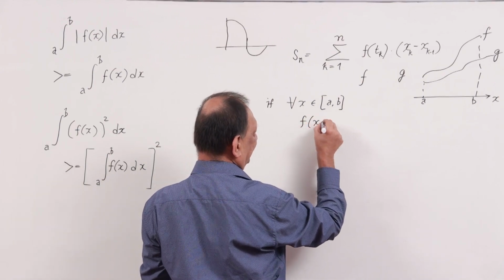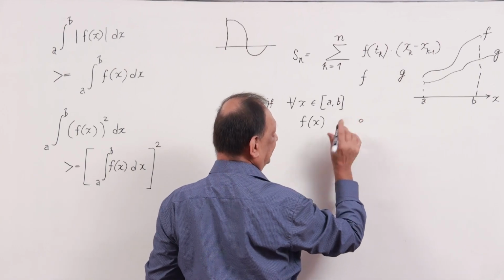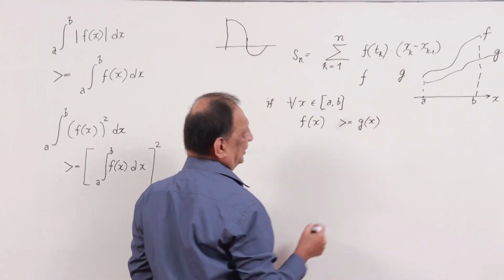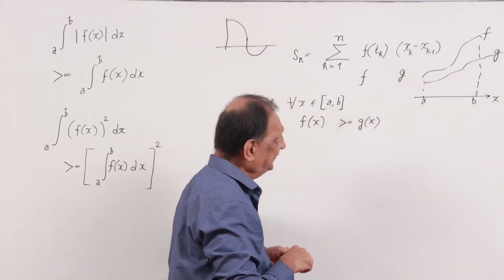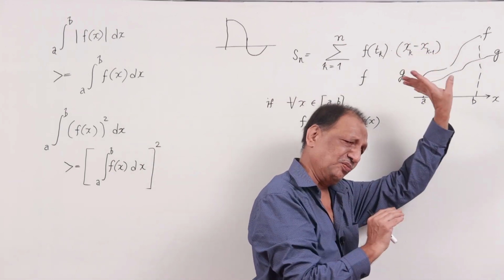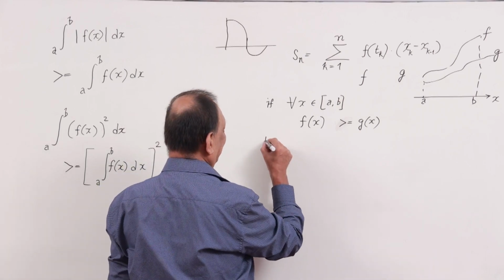f of x is greater than or equal to g of x. You always add that equal to because sometimes it might touch it also. All I am saying is g will never go above f. It can touch it but it will be below most of the time. Supposing this is the condition. Then what can you tell about